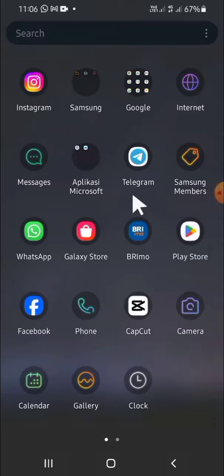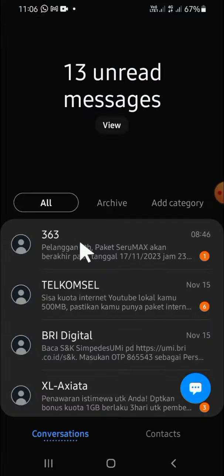In this tutorial, I'll be showing you how to send short message service or SMS in Android phone. So let's get started. First of all, go to your message application on your Android phone. And if you want to send SMS or short message service, you just need to tap on this button, then